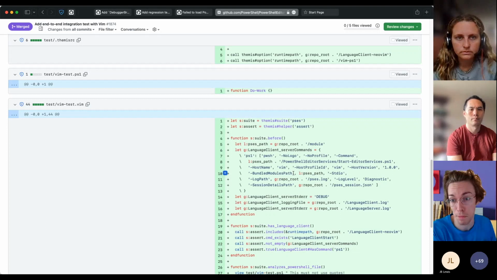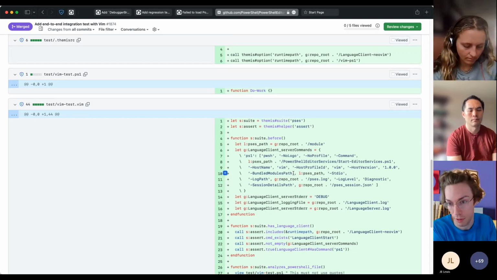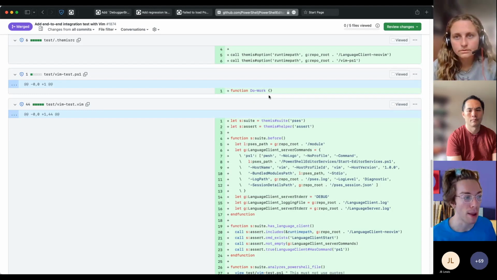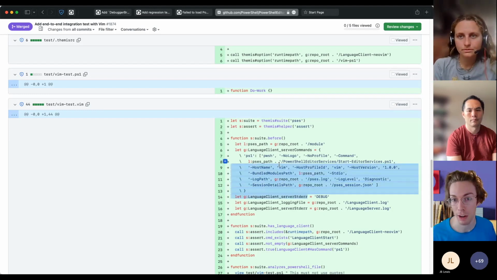This was really important because clients behave differently. Despite specs being specs, clients behave differently. So we have those tests. And now that we specifically have tests for these third-party clients, Vim and Emacs, we can go through and make this setup a lot easier. And that's kind of on our docket.